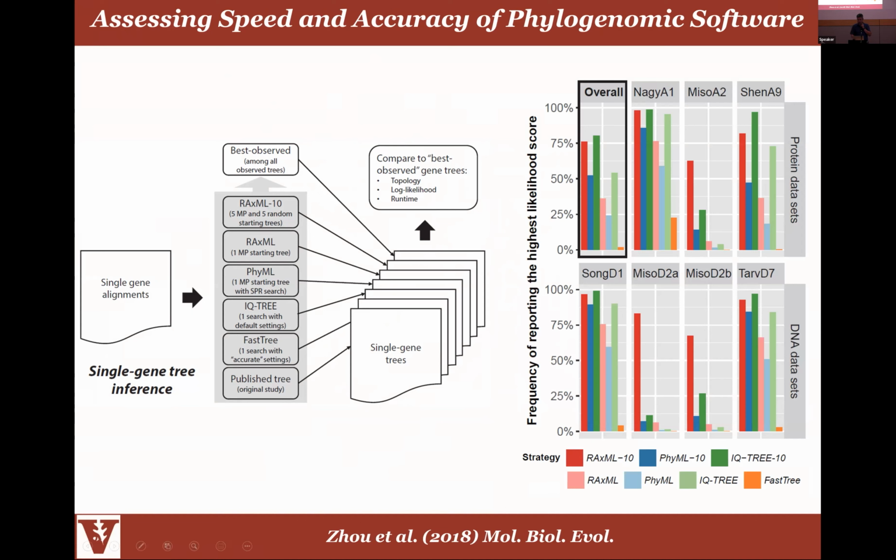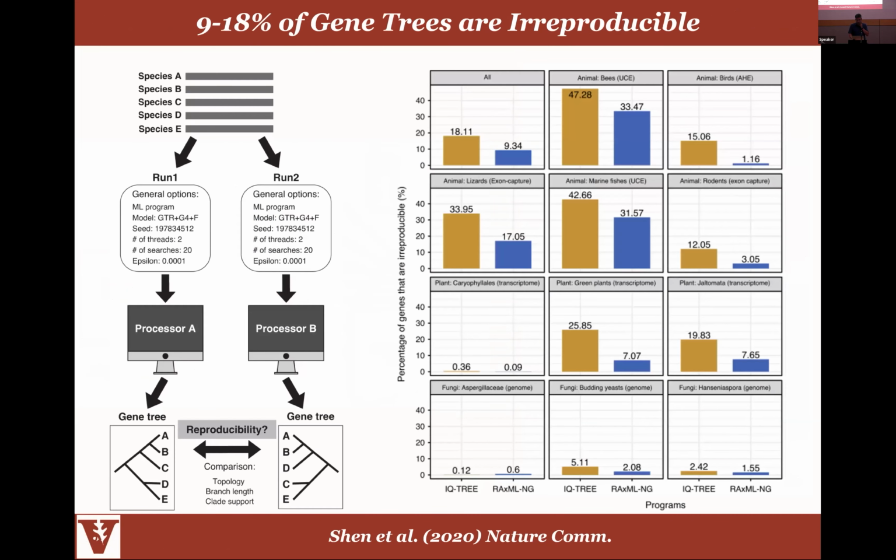If we look at software like FastTree, it's fast, but its accuracy is really low. And if we look at software like RAxML and IQ-TREE, the state-of-the-art software, they're accurate, but they're slower. How we deal with that trade-off is going to be a really important issue for the days to come. And then the other thing we've noticed, and Alexis' team had come up with